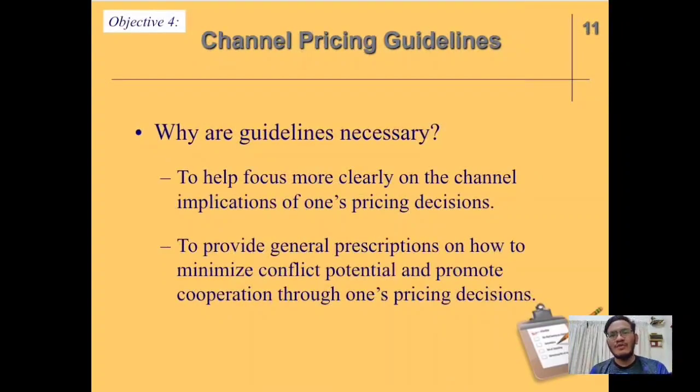Okay, next we go to product variation guideline. A manufacturer's price structure must reflect variation in the attractiveness of individual product offerings. When a manufacturer attaches prices to the various models within a given product line, it should be careful to associate price differences with differences in product features. If the price differences are not closely associated with visible or identified product features, the channel members will have a more difficult selling job. For example,